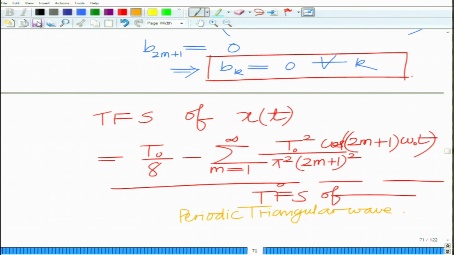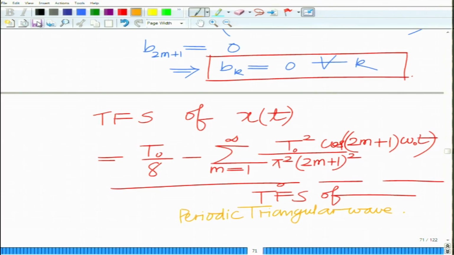It's slightly elaborate, the procedure to derive it. It's more simplistic and more intuitive than the direct approach of deriving the CEFS and TFS, that is trying to employ the triangular wave and trying to integrate the triangular wave by multiplying by the various complex exponentials or the various harmonics and integrating to derive the various coefficients of the CEFS. Okay. So, it is an interesting and a very intuitive approach, that is to consider the derivative of the triangular wave, which is a square wave, and then approach the CEFS from that angle. Okay. All right.